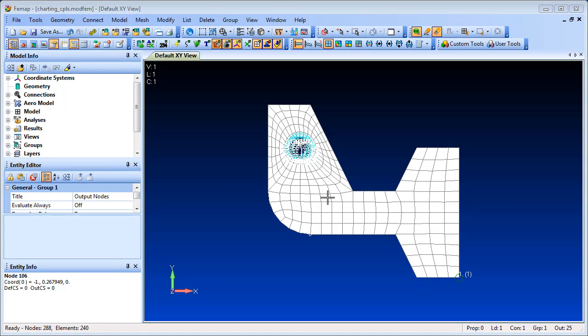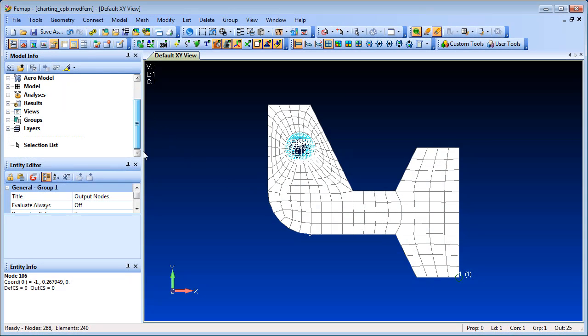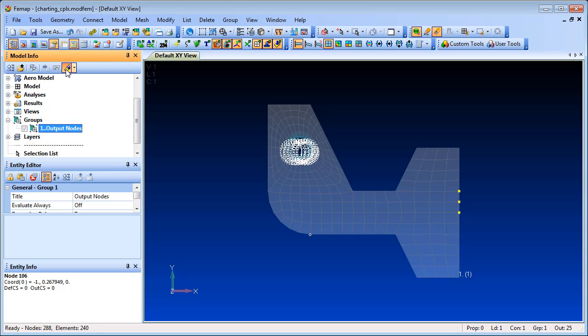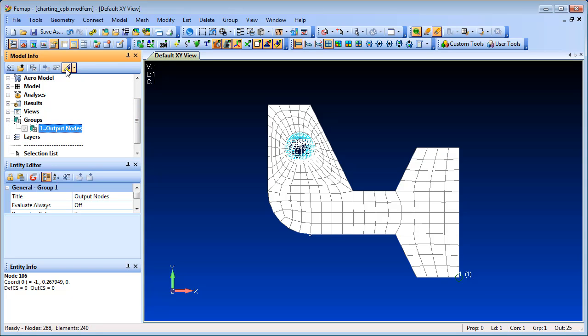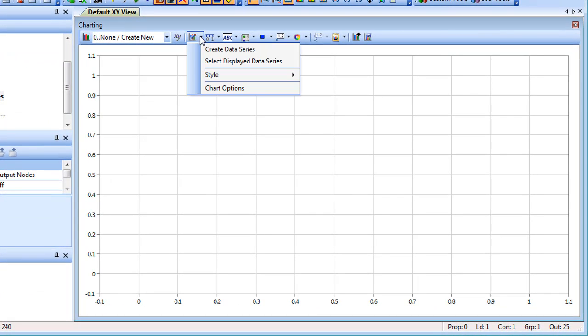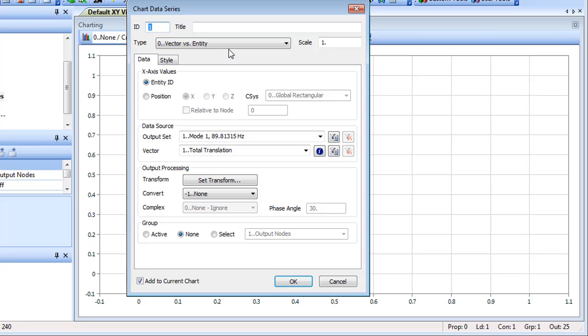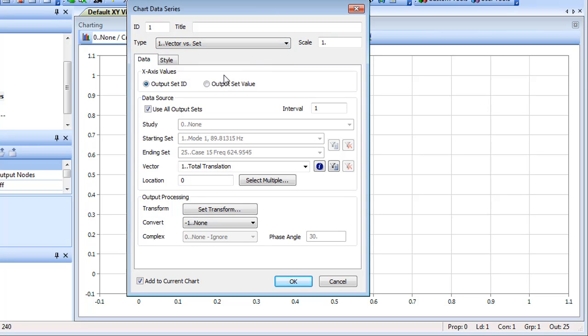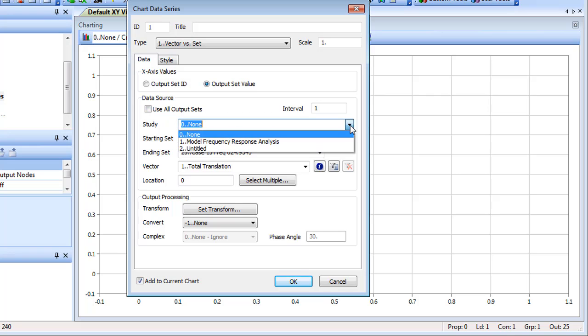Double complex data plots are available in Femap, so a secondary plot of phase angle can be shown alongside a plot of magnitude. Femap automatically retrieves complex data based on the selected vectors. To see how to set up a double plot, we'll use a simple test model that has already run a modal frequency response analysis. So let's activate charting and define a new data series of type vector versus set,